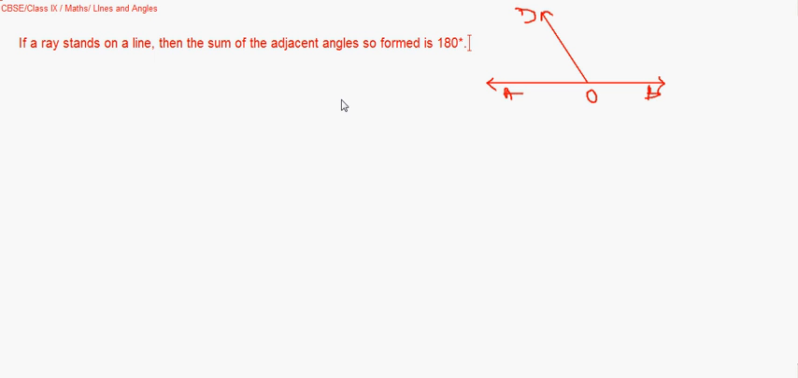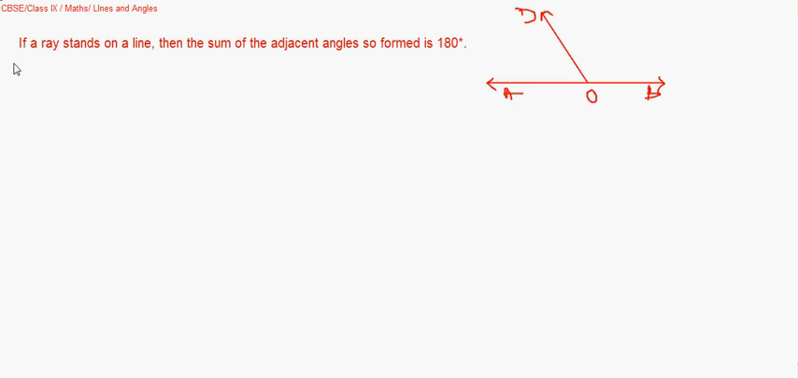The converse of it will be what? If the sum of two adjacent angles is 180 degrees, then their non-common arms are on either side of the given ray, that is OD. What else do we have the rule for? This was the first one. The second one might be,